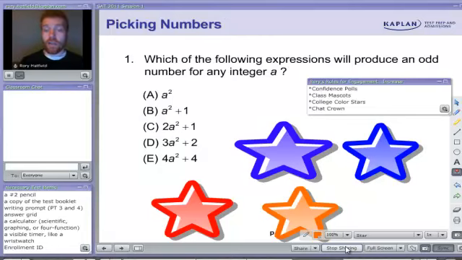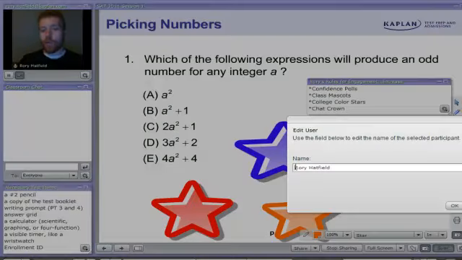And lastly, for the chat crown, kudos to Rosie Daniel for introducing this to me. Let's say you want to really encourage students to say awesome things in the chat. For example, let's say I wanted to reward myself for making an awesome point with the college color stars. Go to Edit User and put in what's called the chat crown. It's going to be a lowercase l,